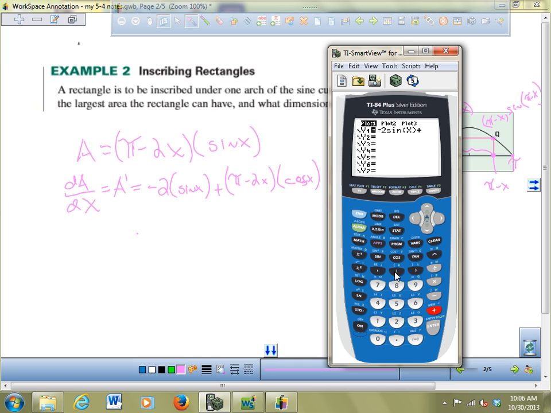Plus pi, minus 2x times cosine of x, like that, okay? And then,